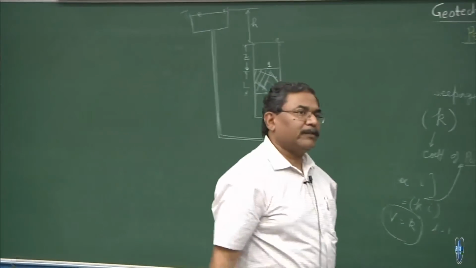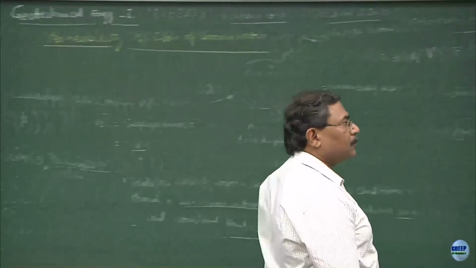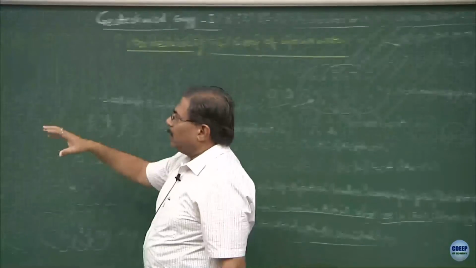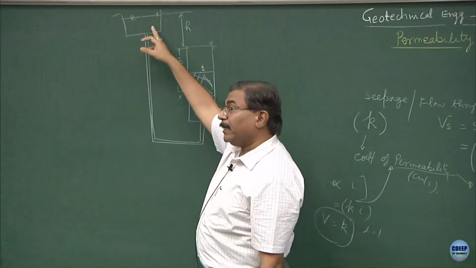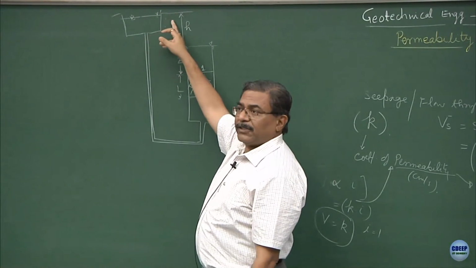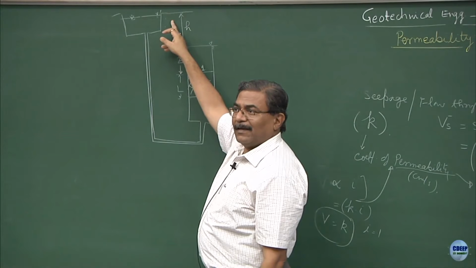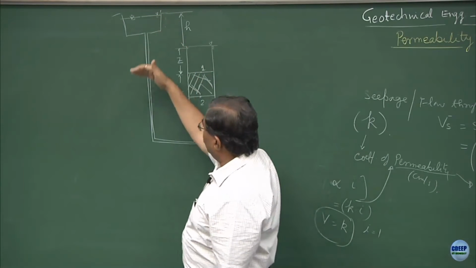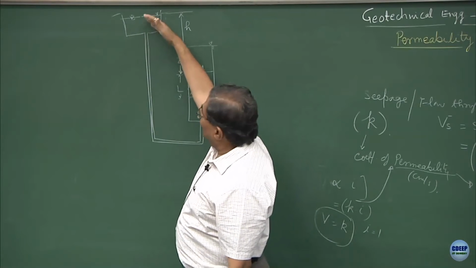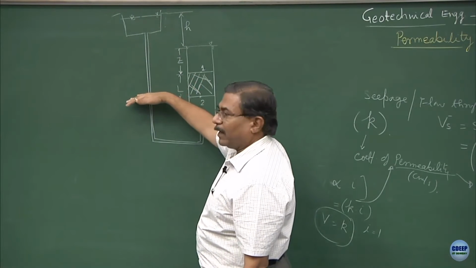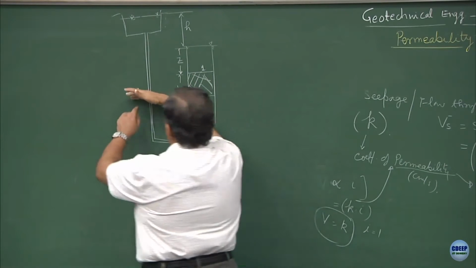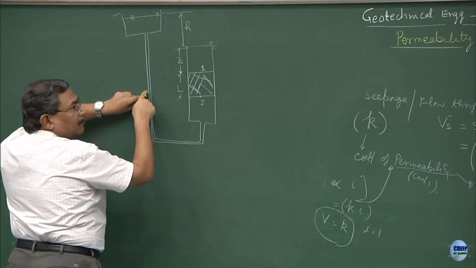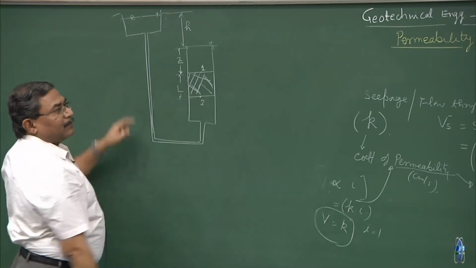Have you understood this? I can change the flow direction through the porous media just by manipulating the H. H could be positive, H could be negative. So, if I bring it down and keep this cistern, or what you call a reservoir, somewhere here, what is going to happen? Now, the difference between this free water surface and that free water surface is going to cause the discharge to take place. Let us prove it.